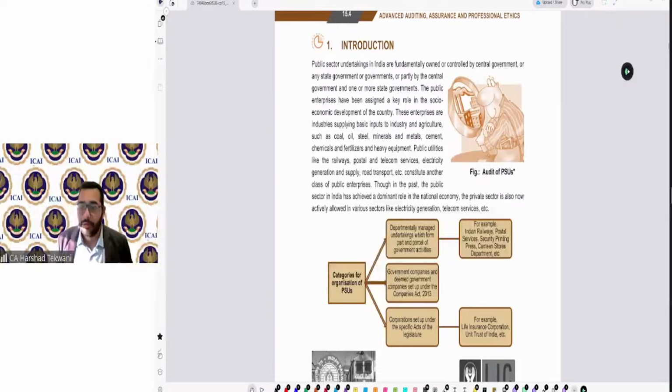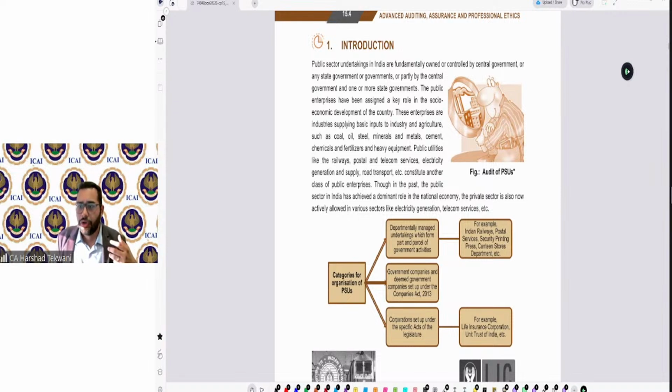Now that can happen. There are some subsidized rate stores, ration stores. You can be appointed by CNAG for auditing the financial matters of those stores, canteen stores. A lot can be done in this area. In a lot of ways, a chartered accountant plays an important role, and you will come to know when you see about empanelments how a chartered accountant plays a very important role in these areas.